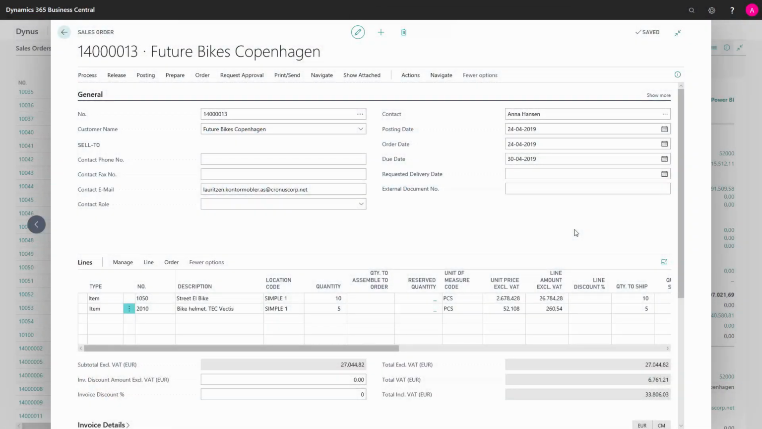From a sales order, it's possible to make a prepayment invoice if you want the customer to pay in advance. We can also set up prepayments on the item and on the customer. But in this scenario, we don't use prepayment that often, but we want it on this order because it's a lot